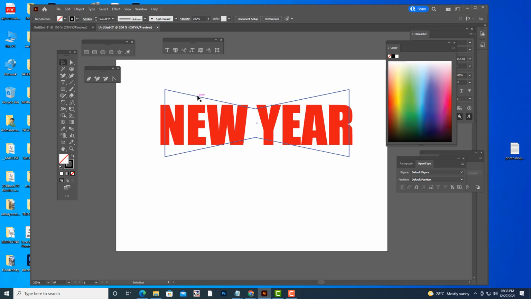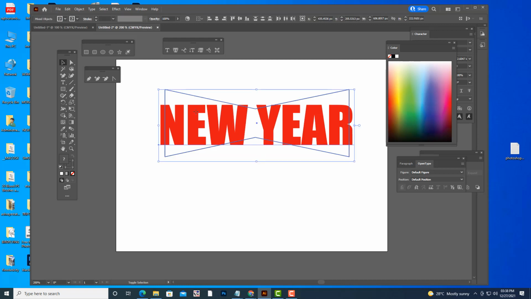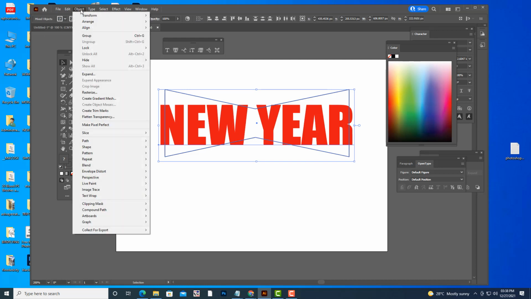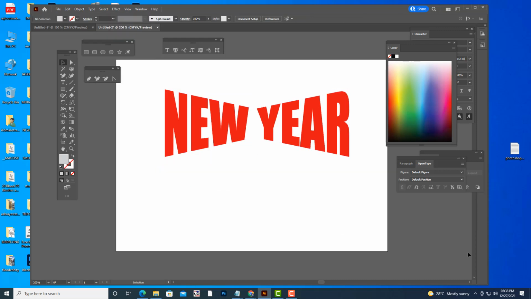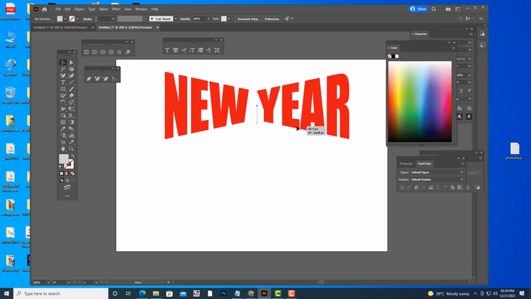So now I am going to select the stroke, select the text by holding shift, and then go to object, envelope distort, and select make with top object. See here. Can you see the change? Yes, sir.